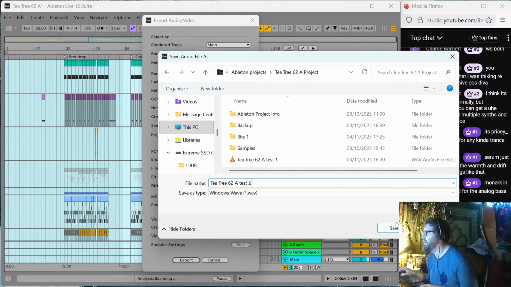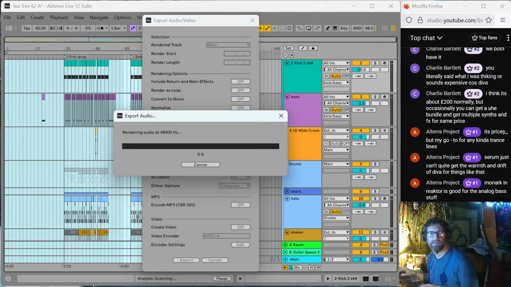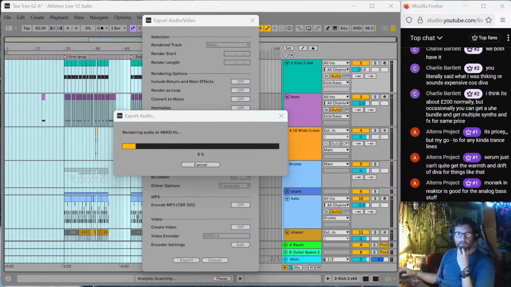This is just my weird naming convention. I think I adopted it from Dane originally because he used to do test 1, 2, 3, etc. Cool, yeah. While we're waiting for this, let's listen to a bit of Altera. Oh, you won't be able to hear that because